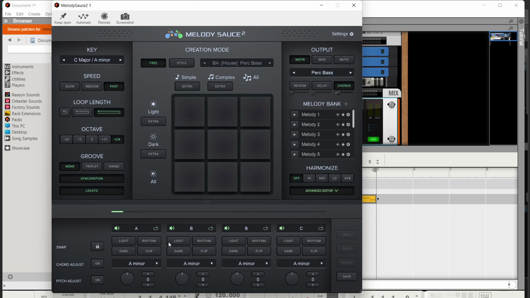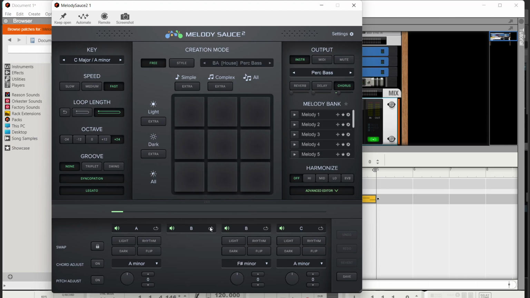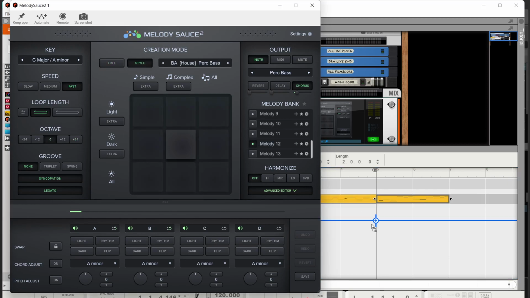You could swap to having one section of it use light notes, another one using dark notes, and have kind of a combination between the two, or you can change the rhythm. You can flip it around. A lot of different stuff in here that is actually really cool for a new next version of the code. And like I said, you can just drag and drop it, and that must have been on a short one. But if we click on one of the melodies,